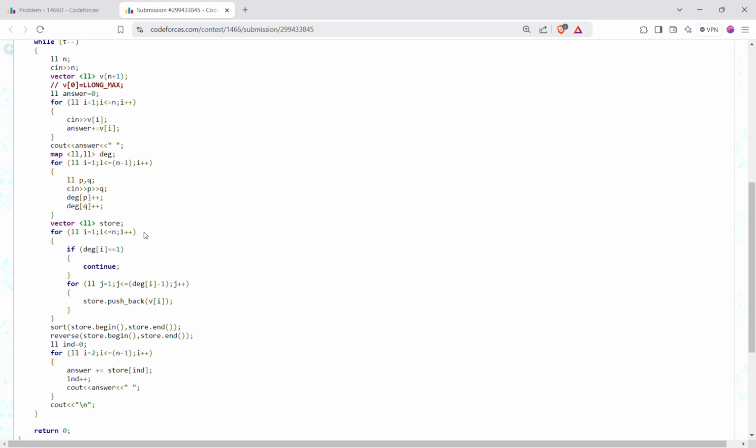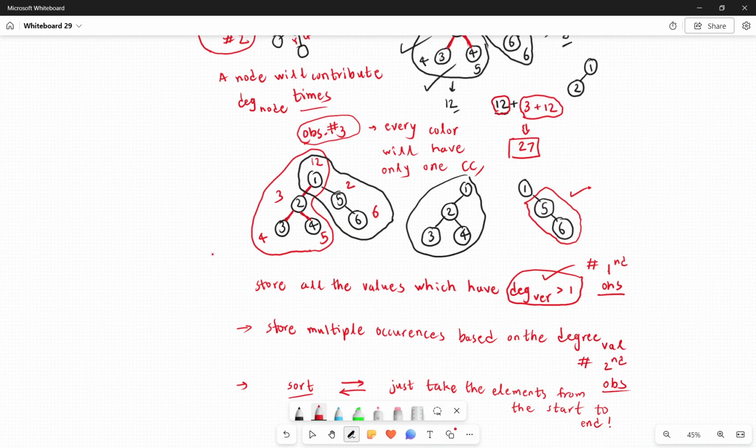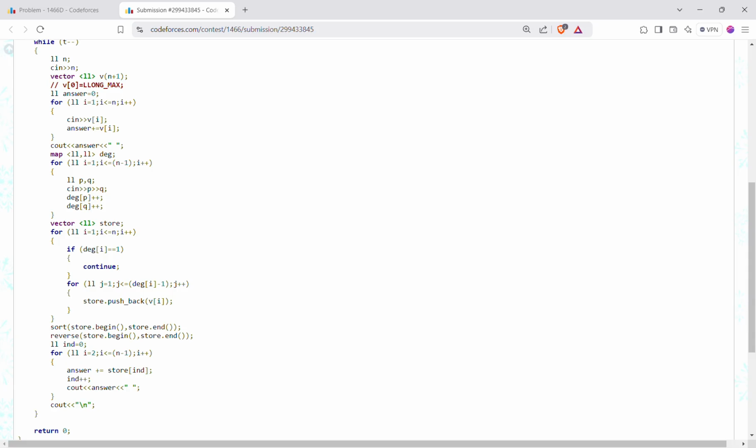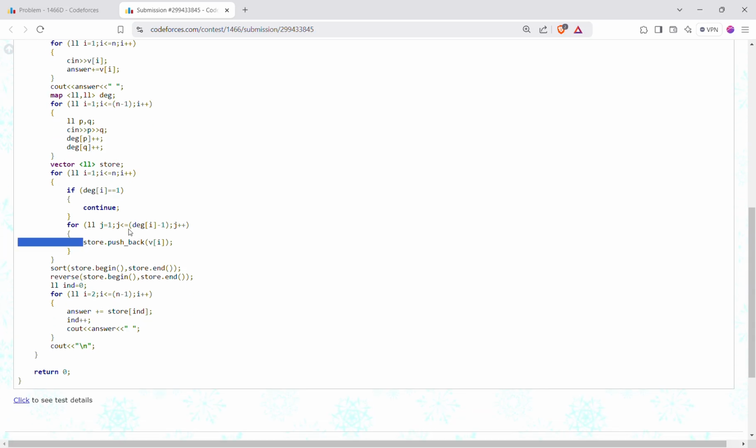So code is pretty straightforward. For k equal to 1, the answer is directly the sum of all the values of vertices, then taking the input and recording the degrees of the vertices. And finally, if degree is 1, then we won't consider it, and if degree is greater than 1, we will consider it. And why degree of i minus 1? When you are calculating the answer for k equal to 1, you have already taken it once. So that's why degree of i minus 1, and storing it in